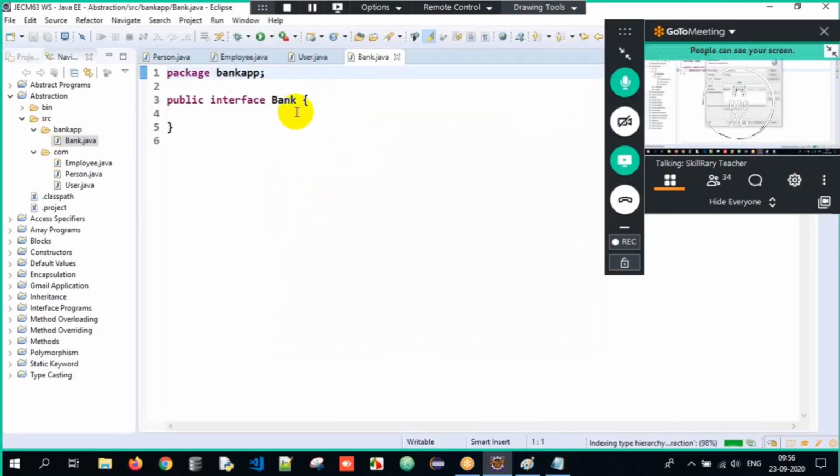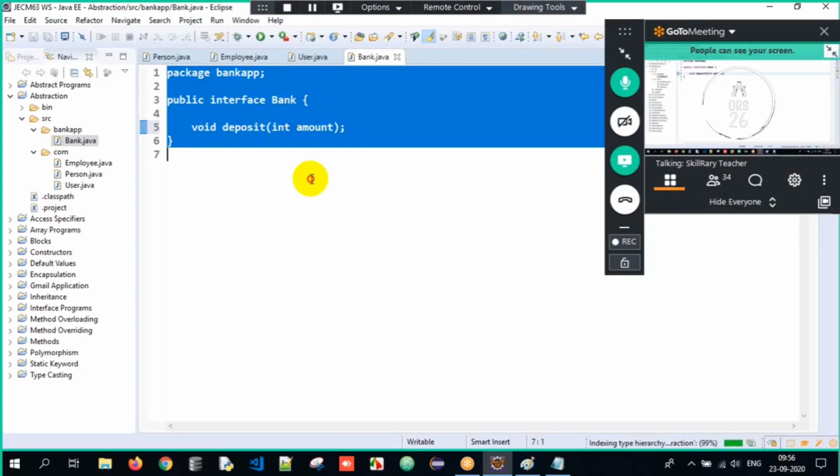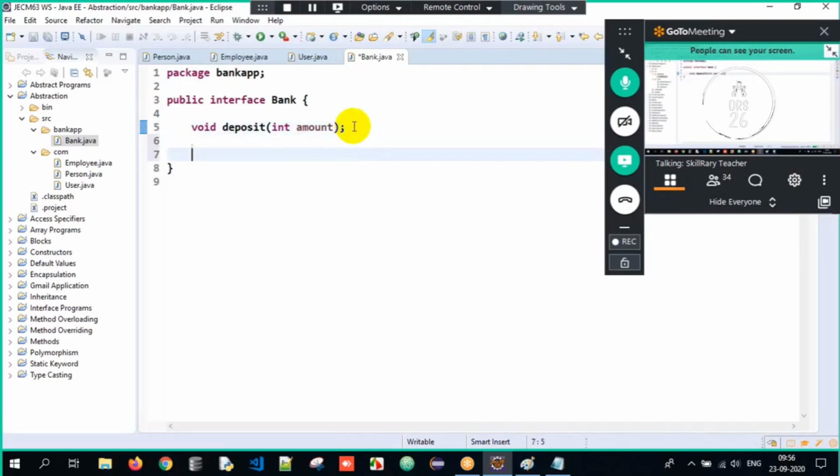See, class and interface are almost the same. Both are Java type definitions. Now here, an interface can have only abstract methods. See, void is the return type, deposit is the method name, open parenthesis close, and here this is accepting an argument called amount. What is the amount to be deposited? But why is it not giving me any error, guys? Because an abstract method will have only declaration, but it does not have implementation.